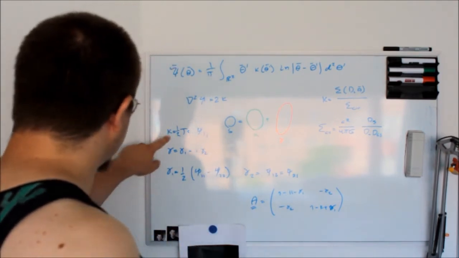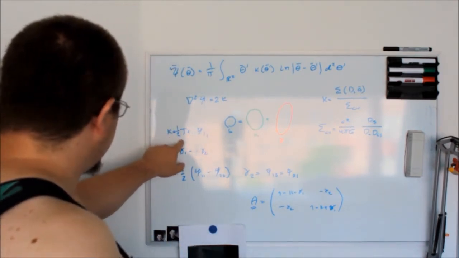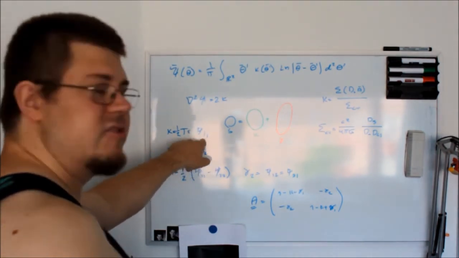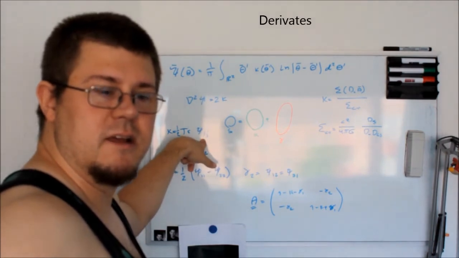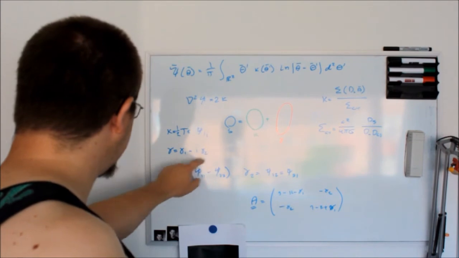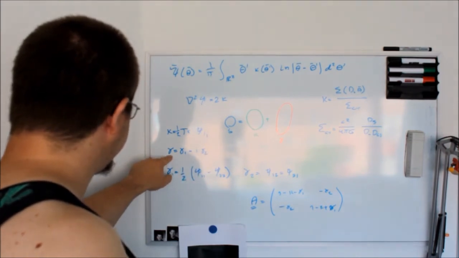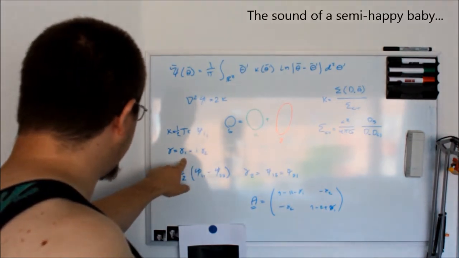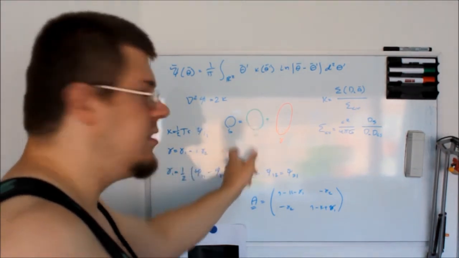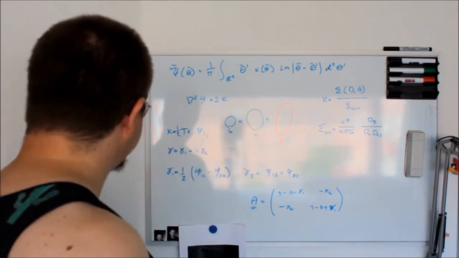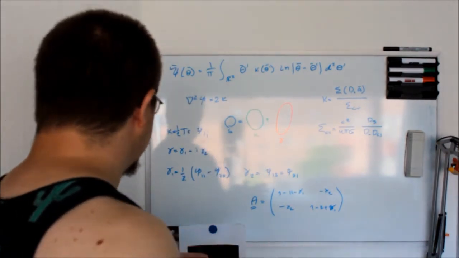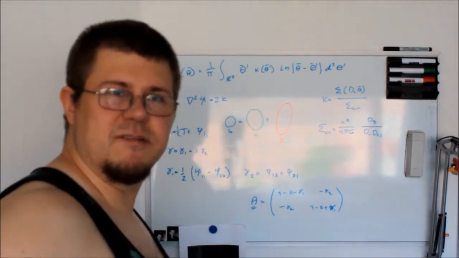What I'm telling you is that you can get that kappa is equal to 1/2 of the trace of phi ij. And these denote differentials, remember that, partial differentials. And from that you can derive that gamma is equal to gamma 1 plus i gamma 2. This means that this is a complex number. You have a real part and an imaginary part. Alright? And when you look at all these things, you do some really, I wouldn't call them nasty derivations, but